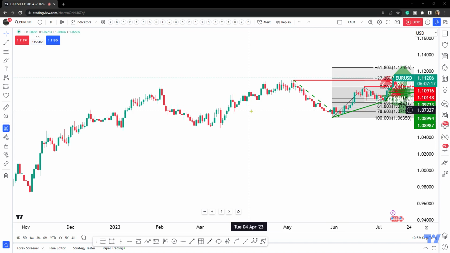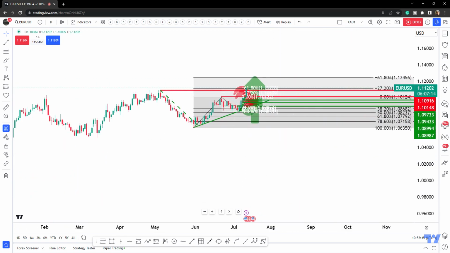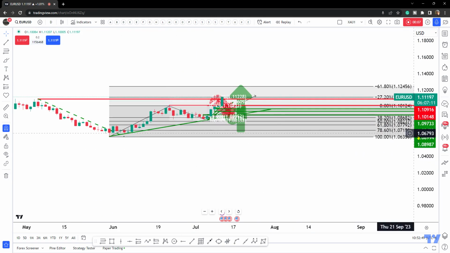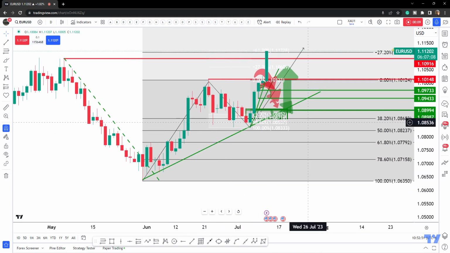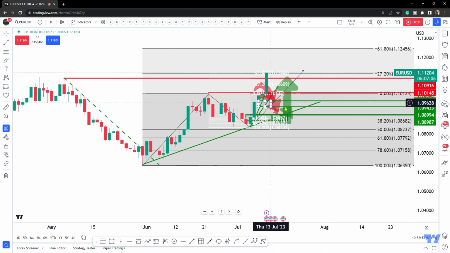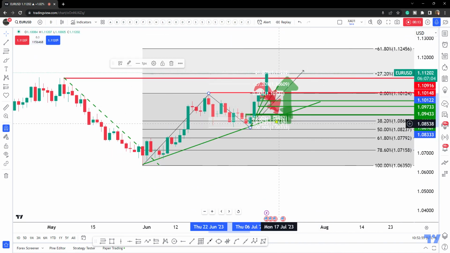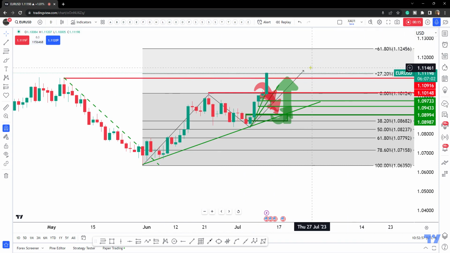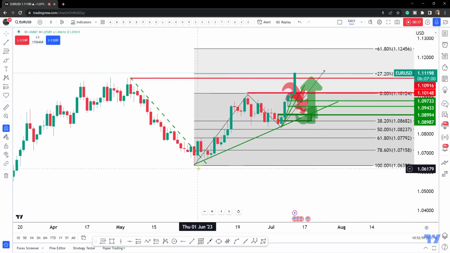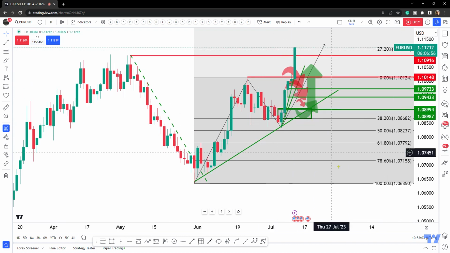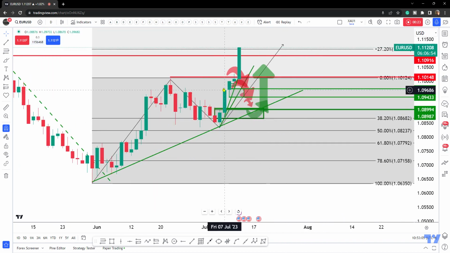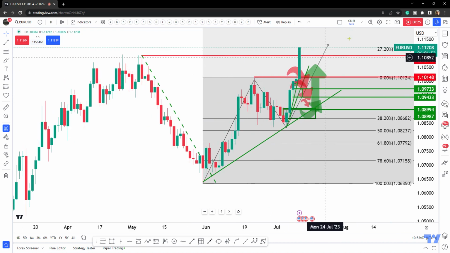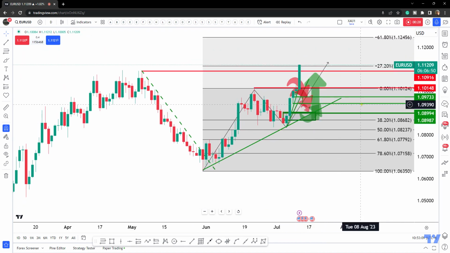Right, so with the euro, just from a technical standpoint, not looking at the fundamentals, this is a move that we talked about earlier in prior analysis. These are old drawings. So we had this impulse, correction and the continuation. So that's a very strong continuation. Now, this probably has legs,